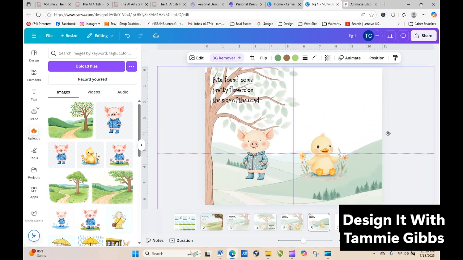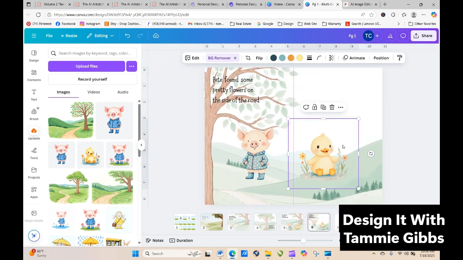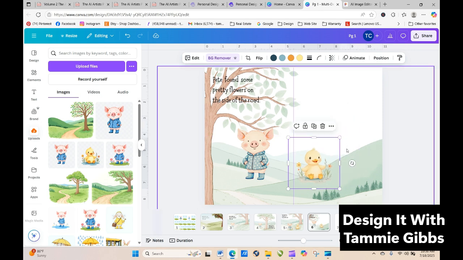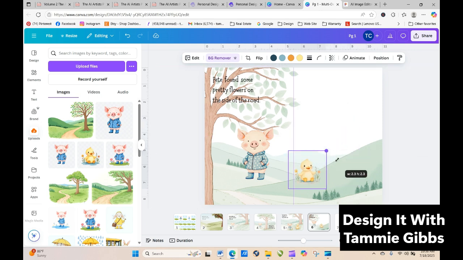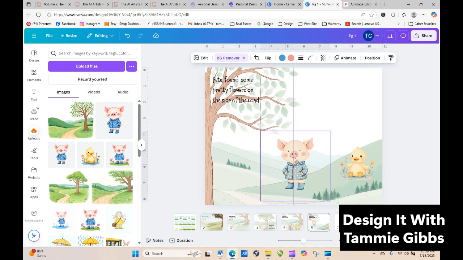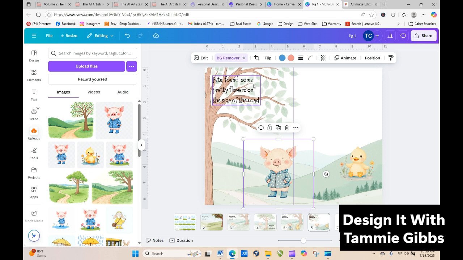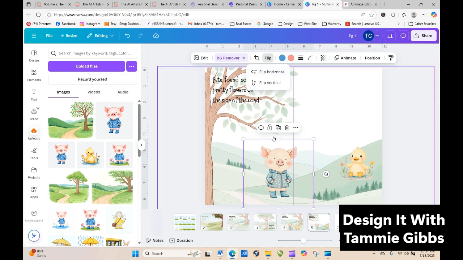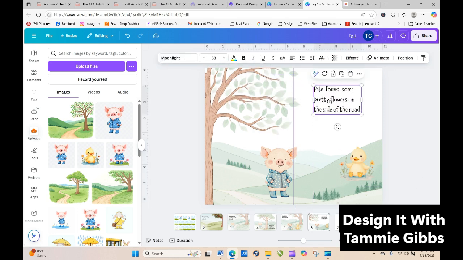Okay. So we're going to take this, and this is our scene. We're going to put our little duck here. We're going to flip him around this way so he's facing the pig. And then our pig, we're going to put here, and we're going to flip him this way. And then we're going to move our writing. So